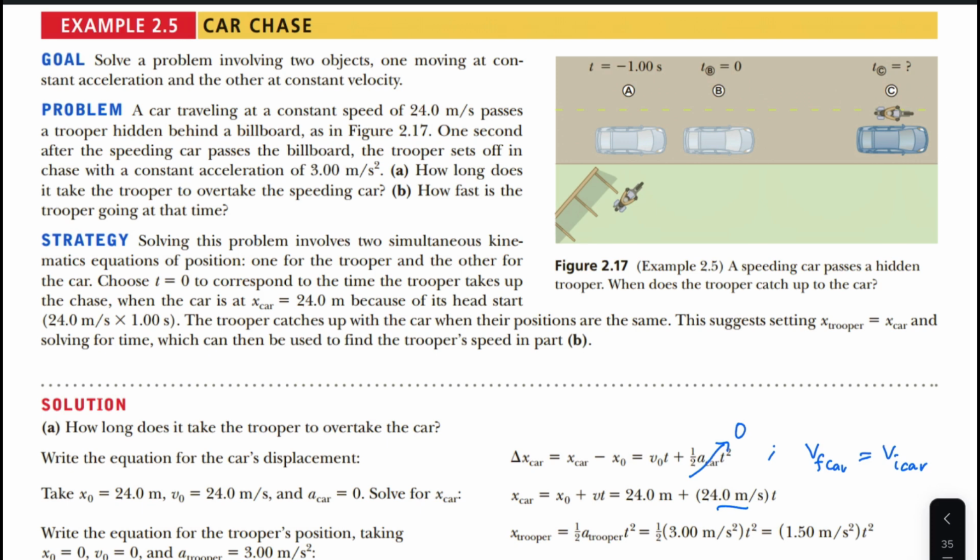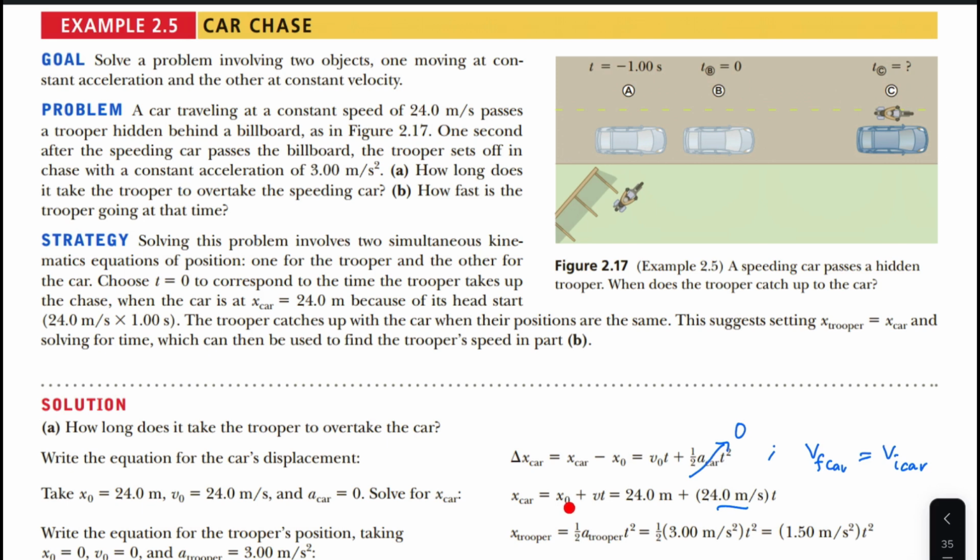Now we're going to set the equation for the trooper. We're going to use the same equation, however, we're going to substitute the subscript with the trooper. V initial of the trooper is 0, and initial position of the trooper is 0. The trooper has an A of 3 meters per second squared. So if you substitute into the equation of the trooper, you will have final position of the trooper equivalent to